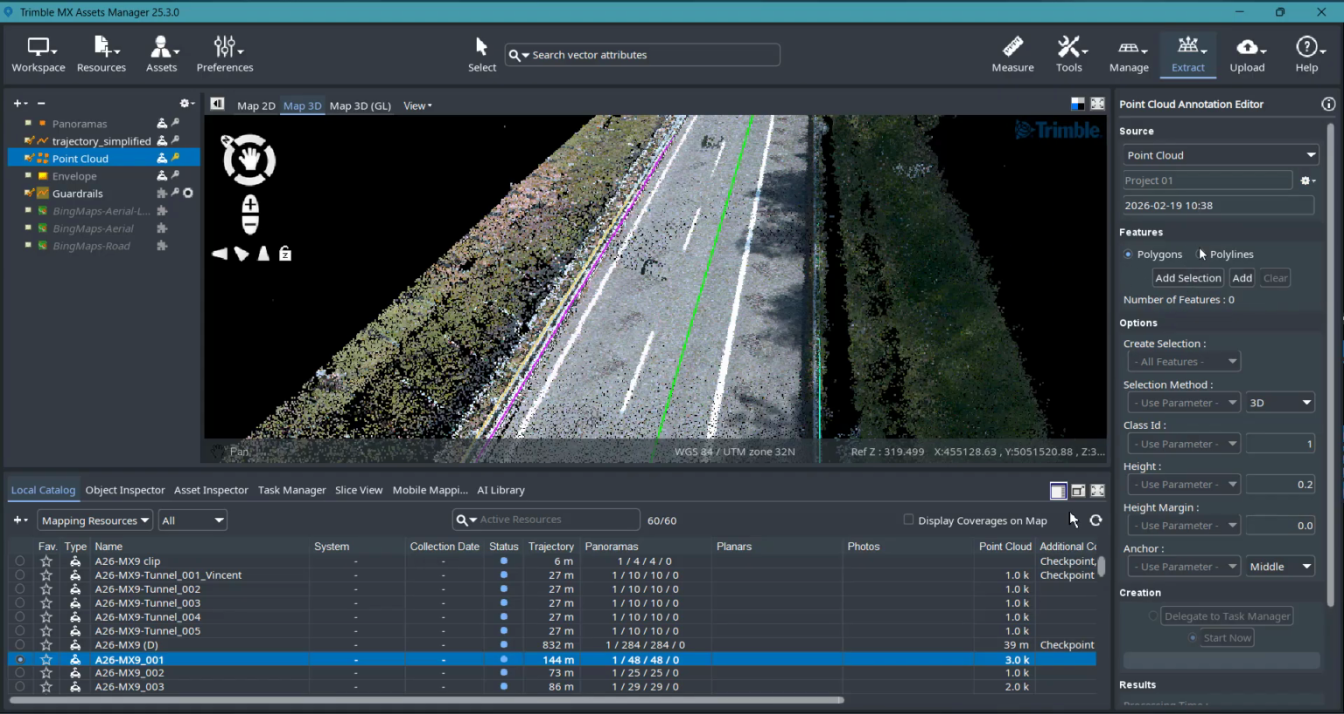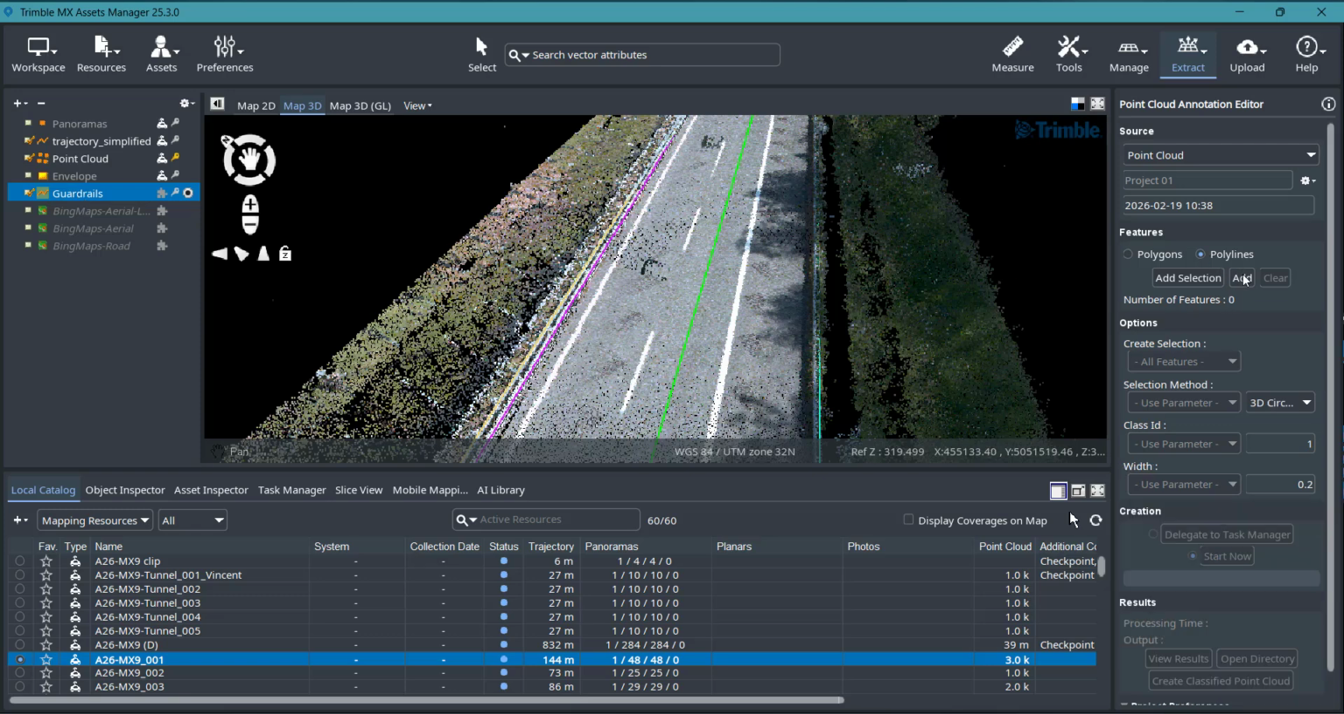And then I need to select the polylines. Okay, and to select all my polylines, I just select my guardrails asset resource, select polyline here, press add. Now all the objects will be added. Note that here there is an option, create selection. You can select an attribute, but the value needs to be,